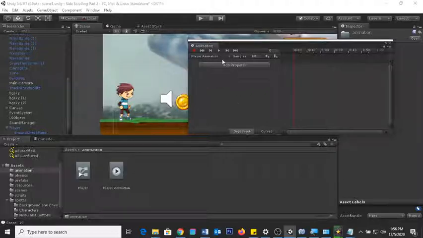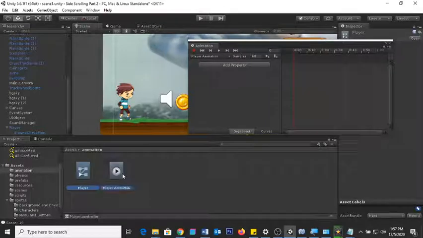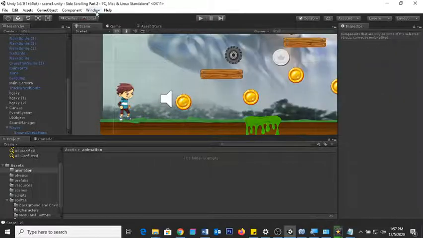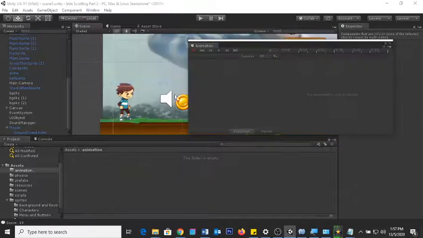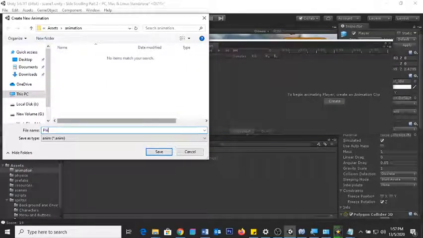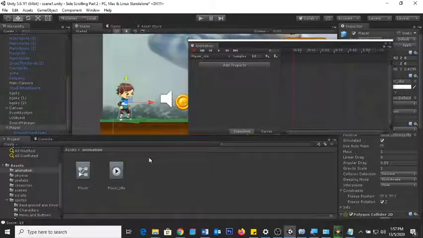Okay, I was wrong. It's supposed to be idle. Let me do it again. Okay, so window, animation, sorry, select the player, create. So we will call it player idle. Okay, the player idle